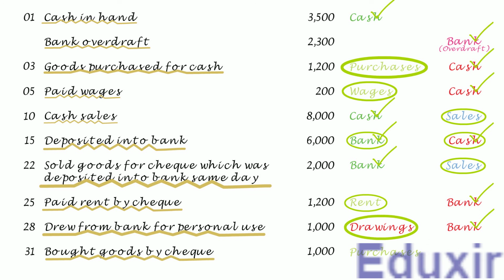At the same time, as these purchases are done by paying through cheque, and as this cheque will be realized in the bank, the asset of the business will be decreasing. The rule to record any decrease in the asset is to credit the corresponding assets account. In this case, the bank account should be credited. In this transaction, as you can see, the bank is on the credit side.